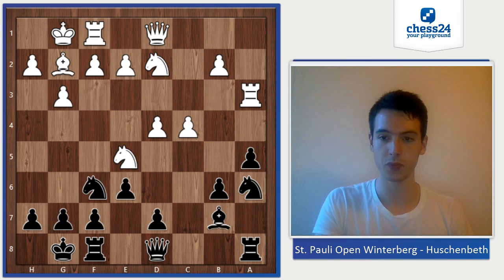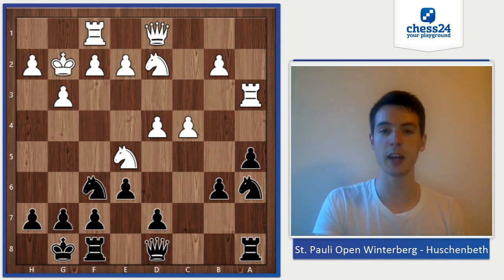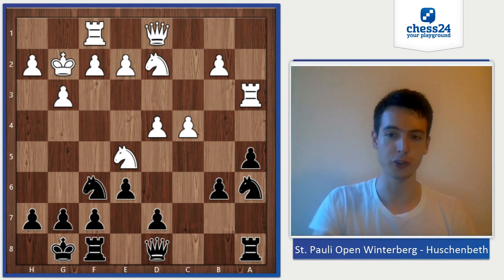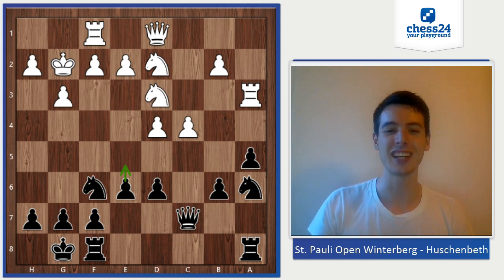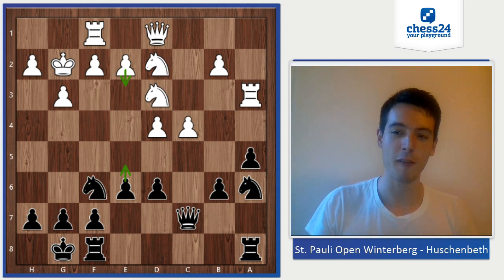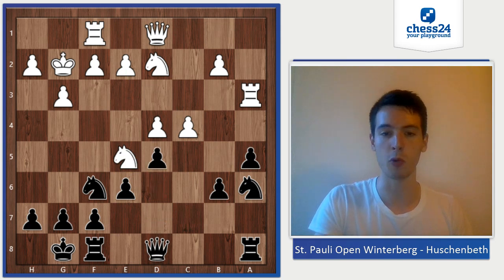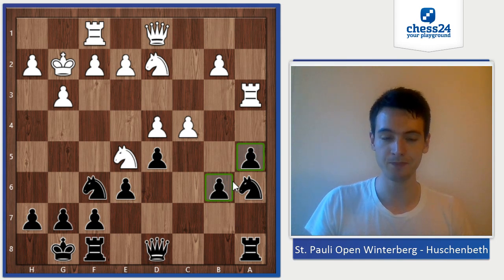Knight e5, exchange the bishops, and here I decided to go for d5. I thought it would make a lot of sense in this position. I could also play something like d6, knight d3, queen c7 and go for e5, but in many blitz games I had, it's always like white plays e3 and then what do I do? How do I continue with my play? However, after d5 it's kind of clear how I want to play, because I will end up with a passed pawn here, or rather let's say a distant pawn on the queen side, and I want to just push these pawns